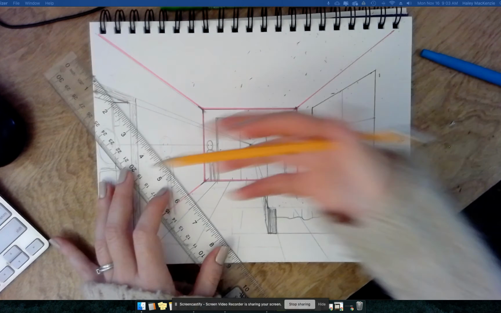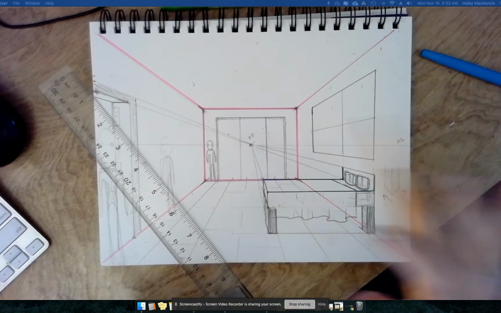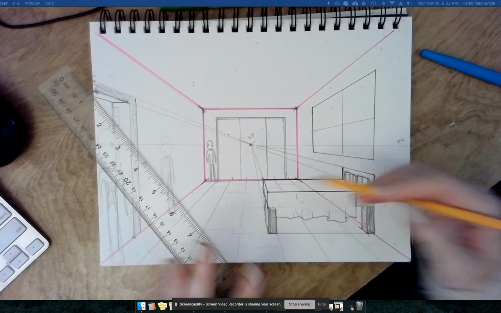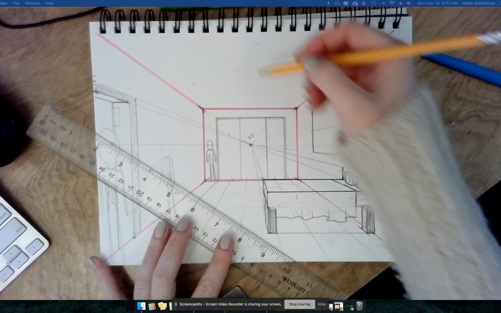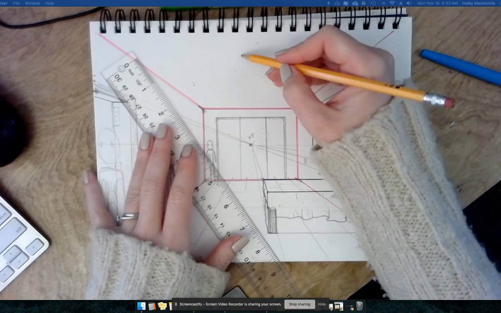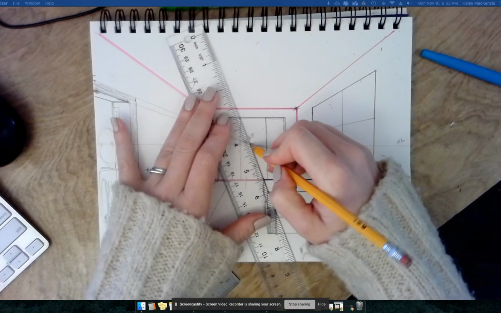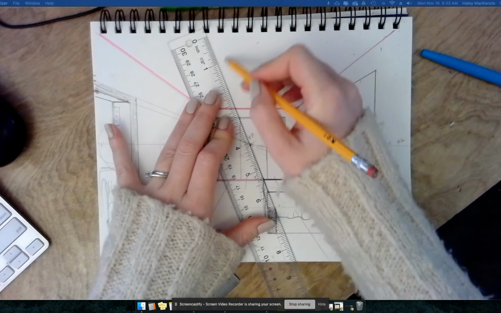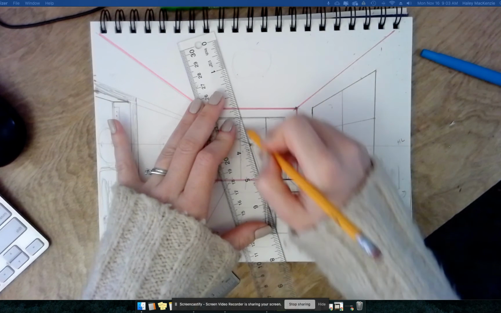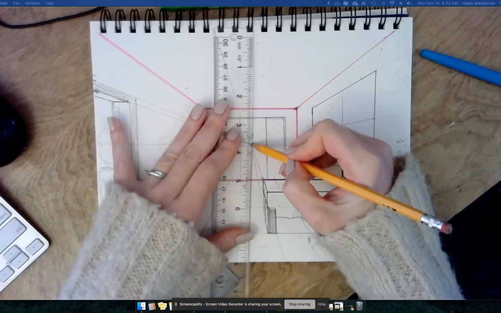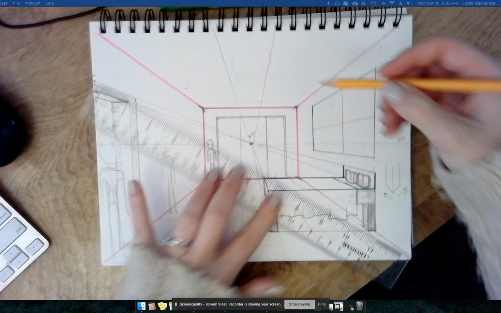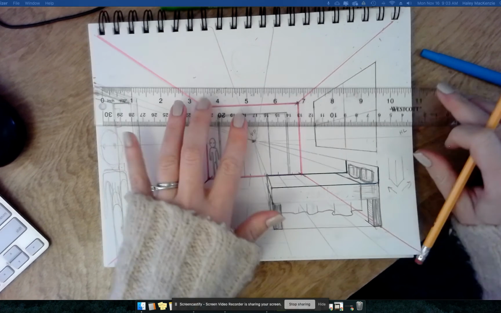Let's see. Last thing I want to do just quickly, I'll do something on the ceiling and then hopefully you can apply this idea. So start with the side of something and then draw it to the vanishing point. Let's say I want to do a round light on the ceiling though. If I want it to be about that big, I'm still going to use linear perspective to give me a sense of how big it should be and what space it should fill. So I'm doing 2 lines from the vanishing point,